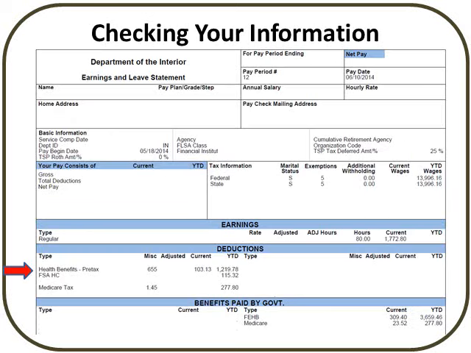You can also check your enrollment information on your leave and earnings statement. If you're unclear as to whether or not your enrollment has been processed by a certain pay period, check out your leave and earnings statement and look for the health benefits deduction. This 3-digit code here will indicate the plan in which you have been enrolled. So that would be the plan that you chose on your SF 2809 and how much you're paying for the